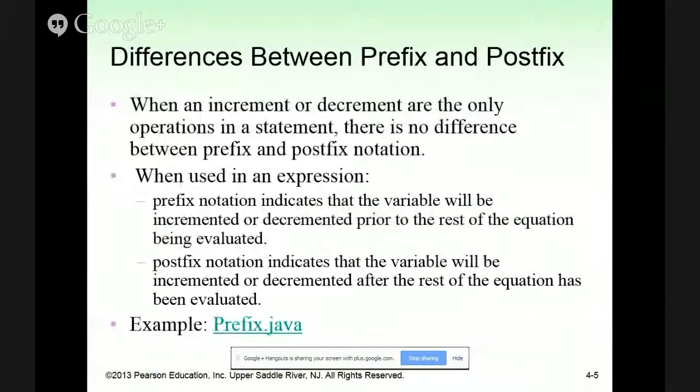Now, there are differences between the prefix and postfix operators. In most applications, that difference will not have any impact, but there are applications in which it does have an impact, and you will develop an understanding of this when you attack the Module 4 math exercise worksheet. So prefix notation,